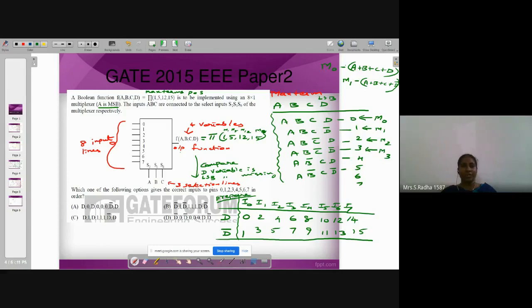Okay. Now in the given question, max term 1 is given, max term 5, max term 12, and max term 15. Okay, don't memorize anything. Understand what I am trying to do. Same thing you have to apply. So in the first input pin, D bar should be given. Nothing circled means 0. D bar is circled. Okay, nothing is circled here. So D is circled, then D bar is circled. Check whether this answer is present in the options. So first D bar, then 0, D bar, 000, D bar. So option D is the correct answer.